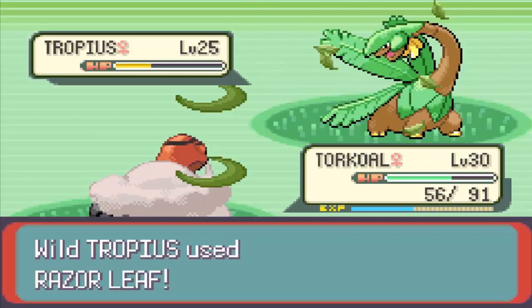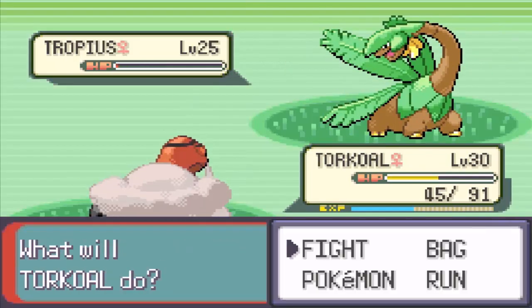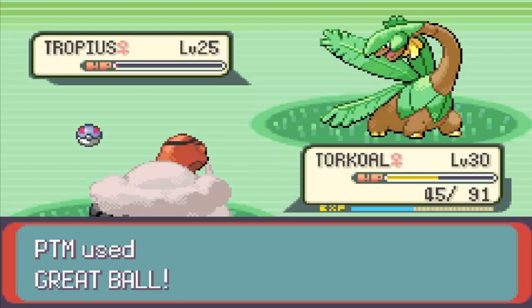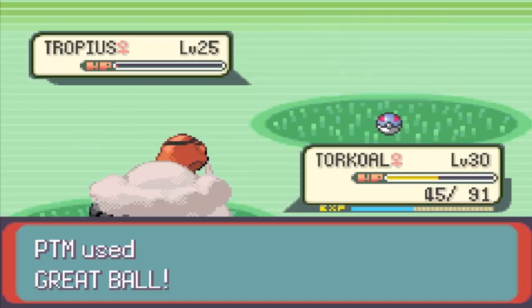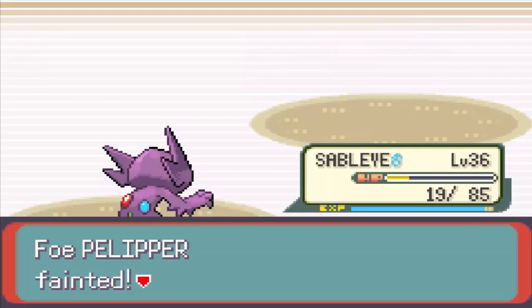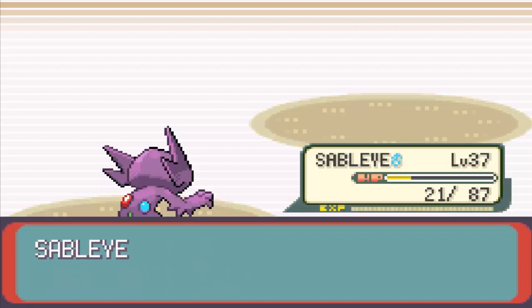On the way to the 6th gym, we pass through Route 119, and here we find Tropius. Much like the others, this cannot evolve, but it can also learn Fly, which is a very helpful move for getting us around the map later on. The 6th gym put up a very good battle, but we were able to get through it with help from all